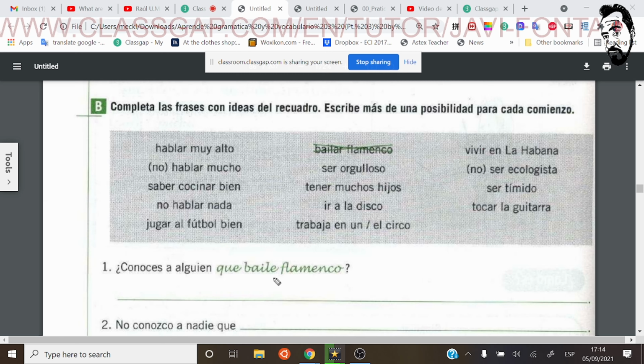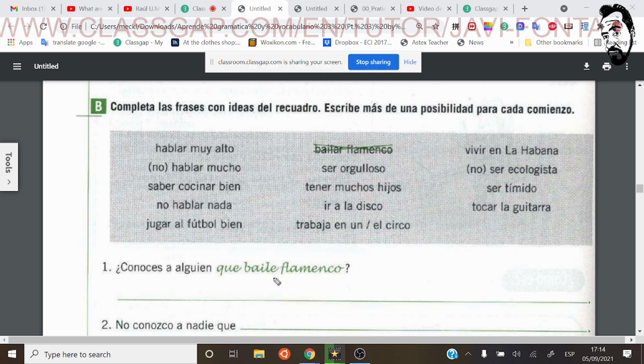Okay, so que. So here I can use the indicative, that kind of thing. No, subjunctive. Sorry. Oh, okay. Because I say nobody. Okay, that's why. So ir, fuera a la. Que vaya. Okay, so vaya. Fuera will be past subjunctive. This is present. So vaya a la disco. So en mi clase no hay nadie que vaya a la disco.